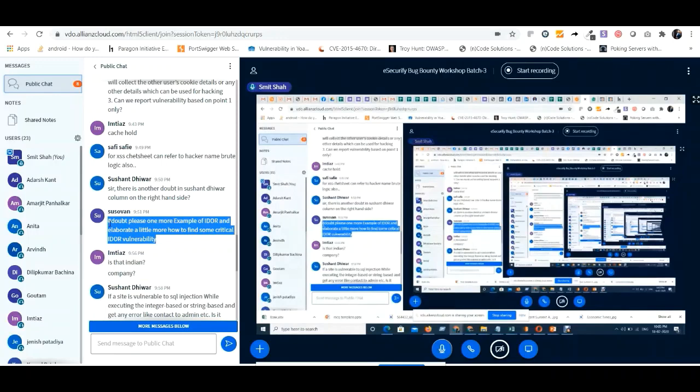For example, comment. Okay, if there is a feature where people can comment. Now I am deleting my own comment, so on the delete request the ID is getting passed. Okay, that says for which user the comment should be deleted. So if I change the user ID over there, the comment will be deleted of the other user, not mine. So this is what IDOR is.